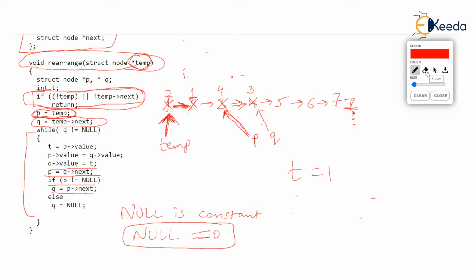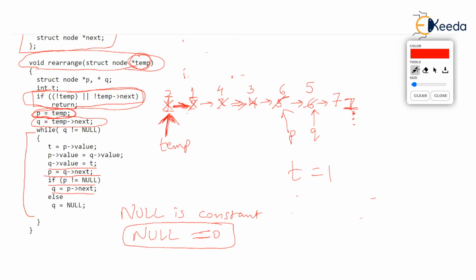That's the adjustment done, isn't it? P points wherever q arrow next points. So p points at 5. Oh, I'm so sorry, p points at 5 because p equal to q arrow next is written. And then q points wherever p arrow next points. So q points to 6. Okay. And then what happens? We go back to while and 5 and 6 are swapped, isn't it?